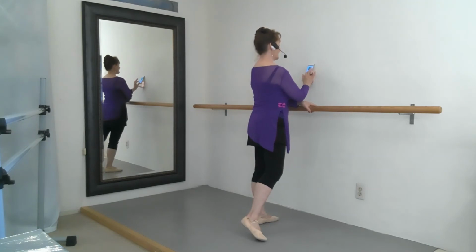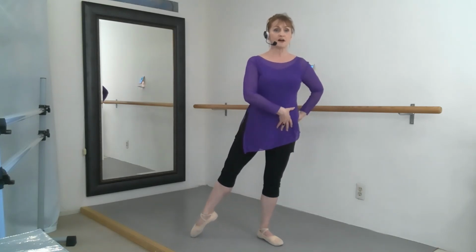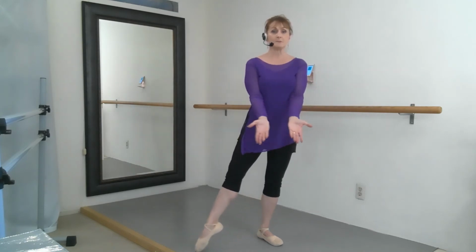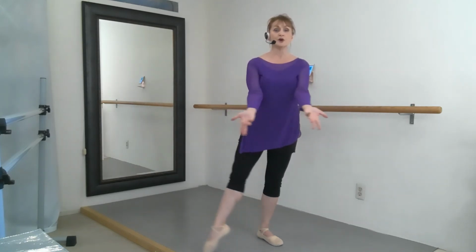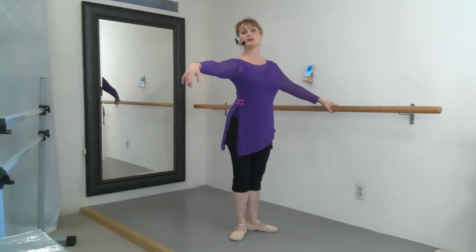Circles of the leg, and the rotation is happening way up in the hip socket. So if this leg is rotating, this leg here must be the home base. This must be the support. So this one has to be very solid, and this one works off of this. This hip does not follow that leg. This hip stays open to the bar, and you want to feel like a book or an egg beater that is working. So these both rotate. Even though this one is going around, they're both working on rotation. Okay, here we go. Arms, breathing through,